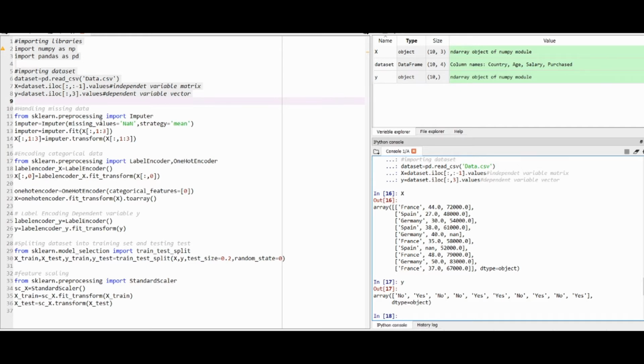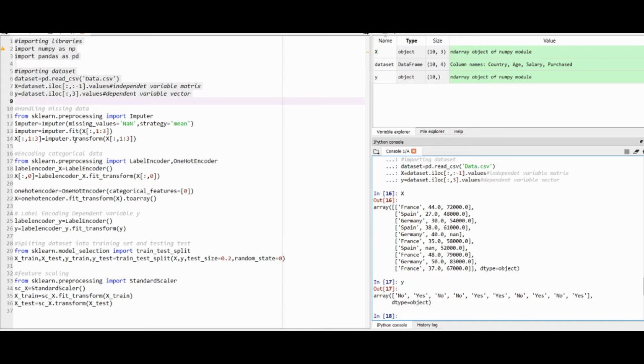After this we will calculate these missing values by using the imputer.fit method, and apply this method only to those columns which have missing values, not the whole features matrix. That's why we use colon comma 1 colon 3, where the first colon represents all the rows, and 1 colon 3 represents the second and third columns.